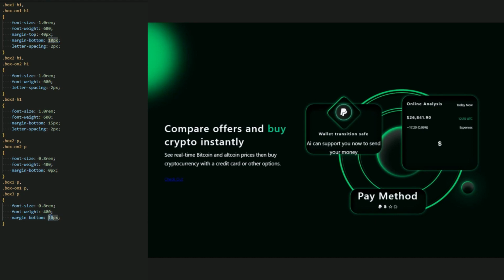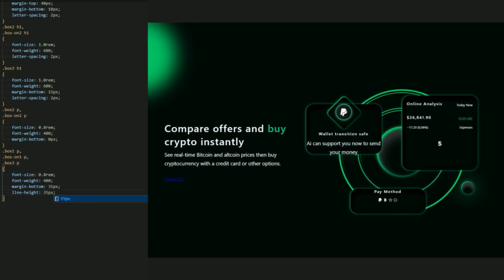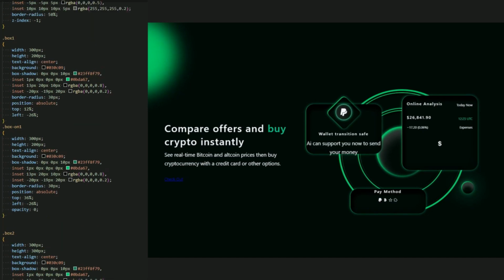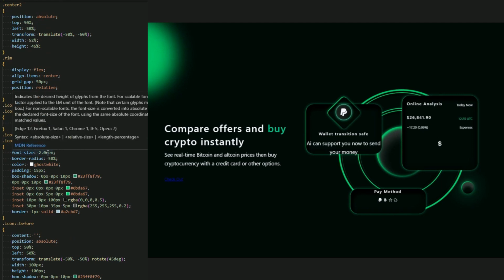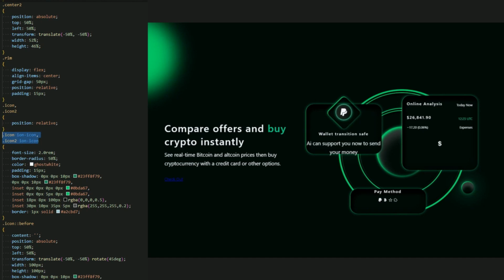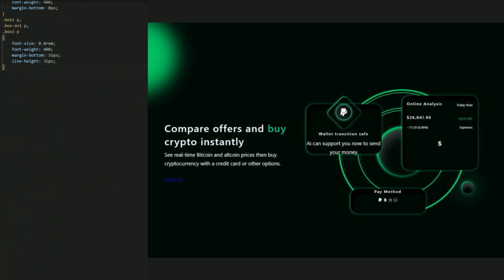Yep, 35 pixel. Okay, for the margin button, and the line height, let me add the line height 35 pixel. Here we go. This is a box 3p. I think we add icon to icon. Yes, I think I added here. Yes, but the font size is too big, I think. Let me just add a custom font size for this.